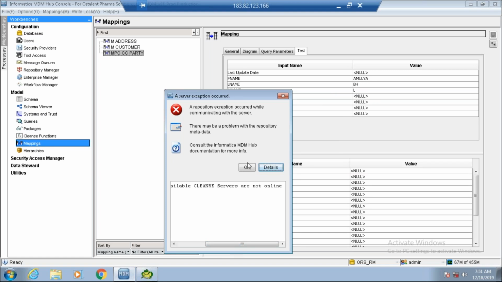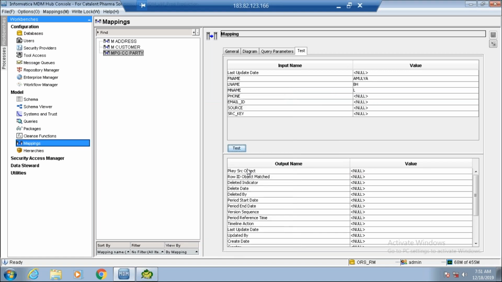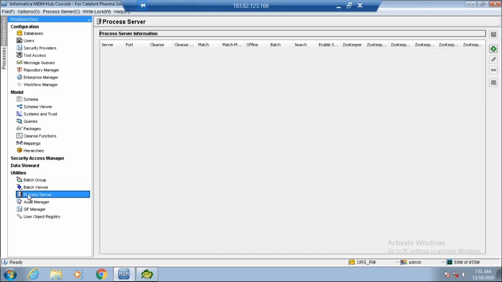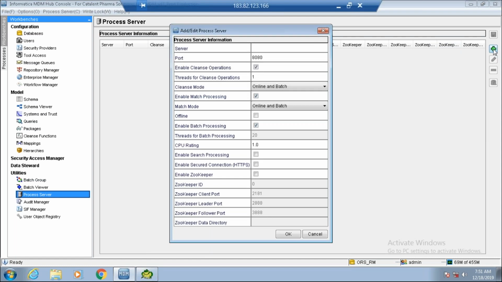Yesterday, before I did this, I did something very quickly, and I'll tell you why I did that. There is something called a process server which I removed yesterday when you were watching. Okay, let me add it. I said in maybe day 1 or day 2 class, we need something called a cleanse server or Cyperion MRM file to run our mapping, to monitor the jobs and all those things, correct?